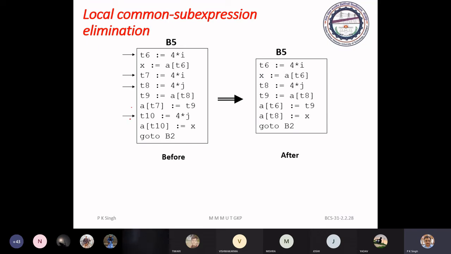T8 and T10 are computing the same value. So you can replace T7 by T6. You can replace T10 by T8. Okay, it is T8.